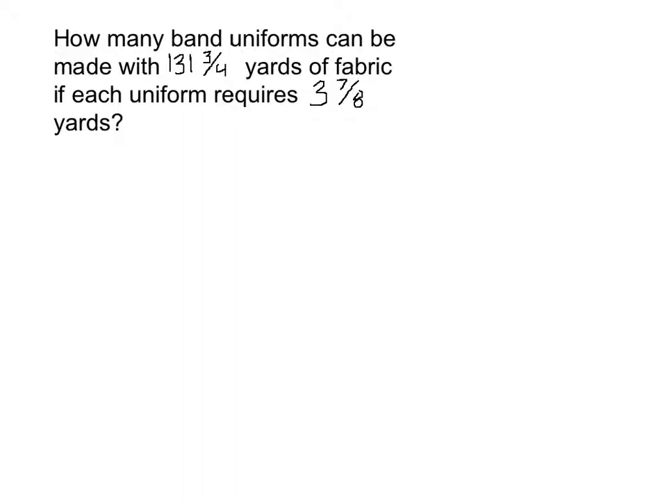Here's a real good word problem with fractions and mixed numbers. Go ahead and pause the video at this time to read the problem to yourself. It's asking how many uniforms can be made if you have this much fabric total, and each uniform requires this many yards. So in order to figure out how many people we can make uniforms for, we're going to have to divide. So that would be 131 3/4